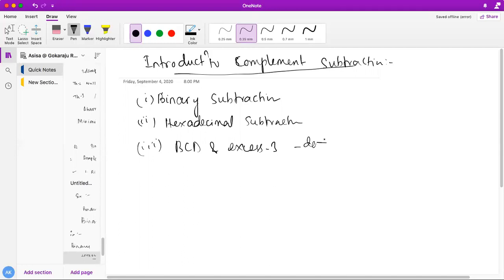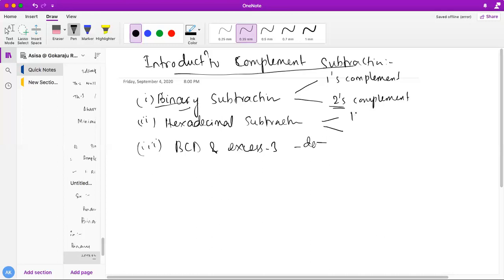Okay, so see here, this binary subtraction, the base is what? 2. Radix is 2 over here. So there are two different techniques we can implement to do the binary subtraction. One is 1s complement technique and 2s complement technique. We can use either of these two because the base is 2. Maximum we use 2s complement technique. Are you understanding? So next, hexadecimal subtraction.